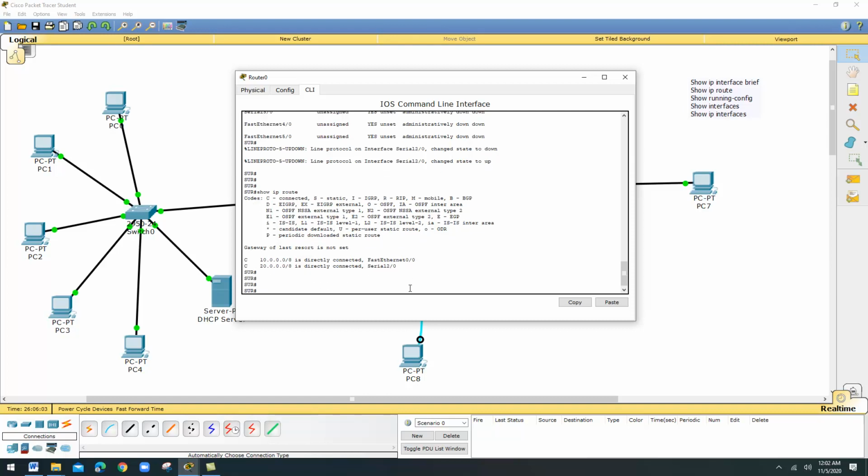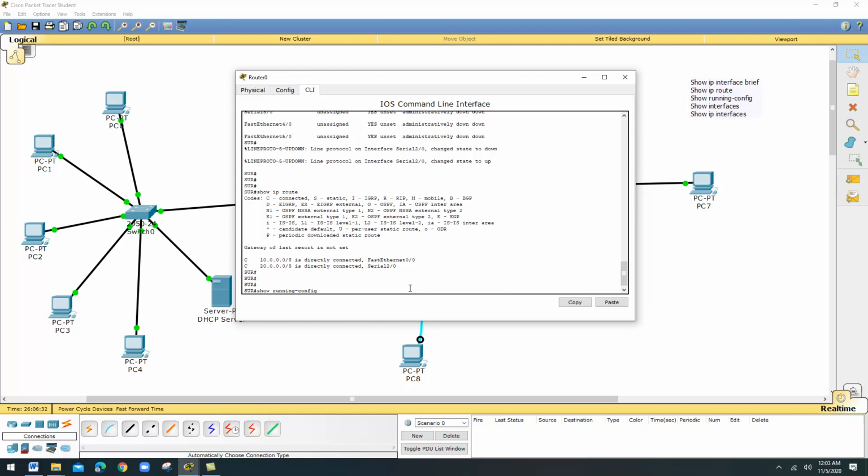Show ip route. Then show running config. This is the next command. Show running config. This command will display whatever changes you made to your router. Let me tell you: you change the name of the router, you fix the IP address for fast Ethernet 0/0, then you fix the IP address for the serial interface, and we created the telnet access.